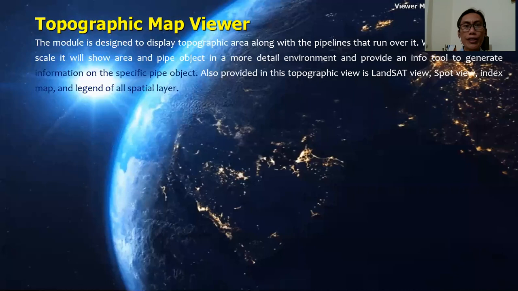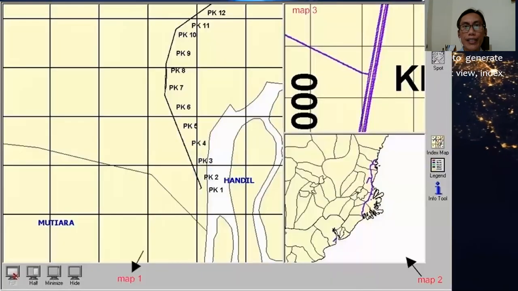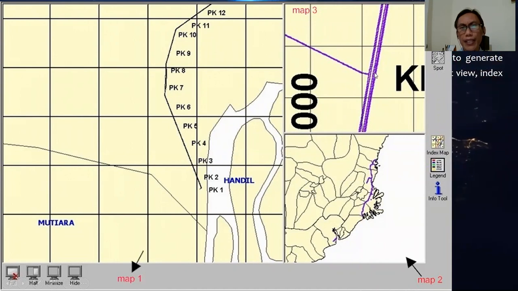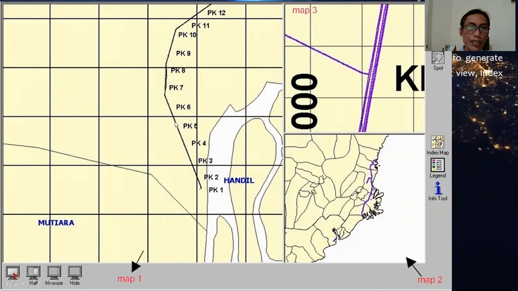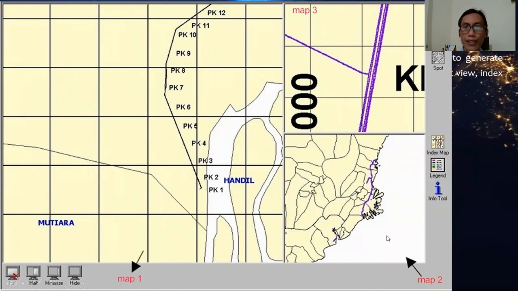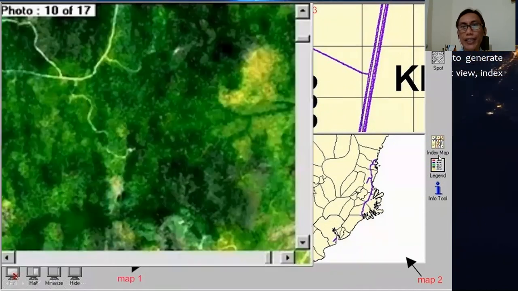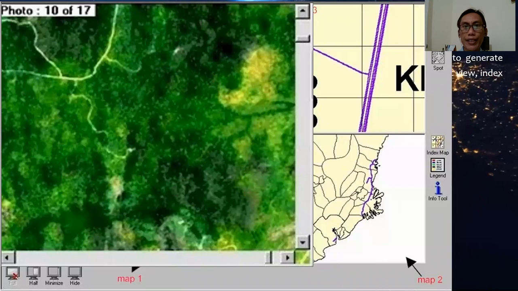Topographic map viewer. So we can see information based on a map. We can see here the pipeline path and detail pictures of the pipeline together with the pipeline segment. We can see more detail, for example, a pipeline above satellite imagery data.